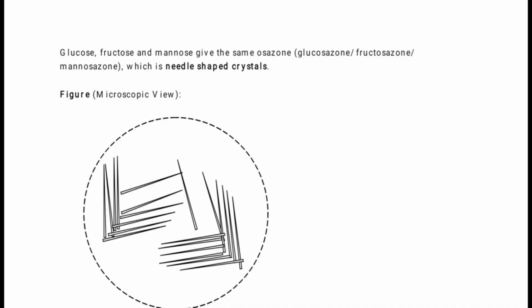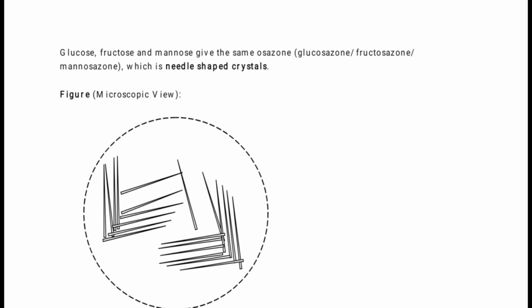So how many tests are over? One is the Molisch test, the general test for carbohydrates. All sugars give it, even starch, which is also a carbohydrate. We get a reddish violet ring with the Molisch test. What is the second test? Benedict's test is for reducing sugars. Glucose and fructose give Benedict's positive, with either green, orange or brick red color, because they are reducing sugars.